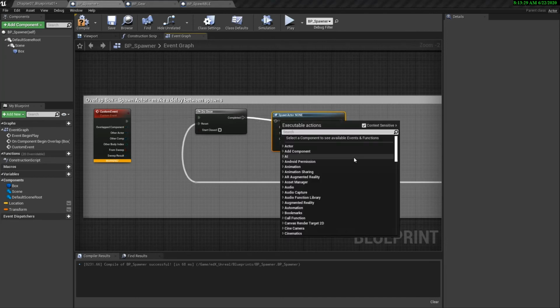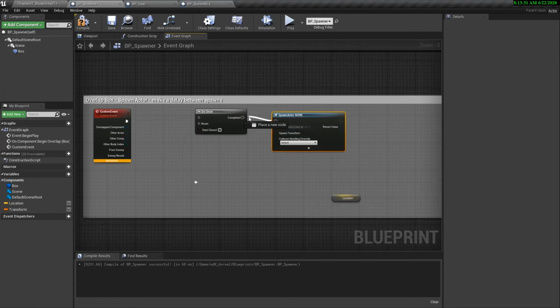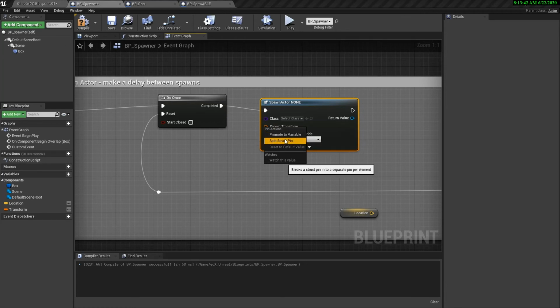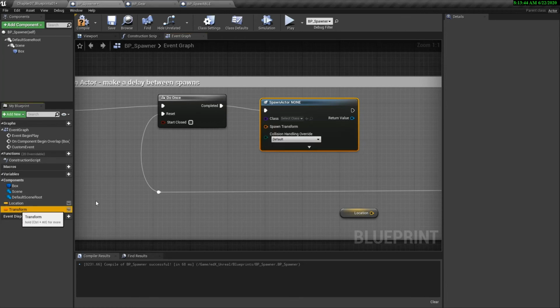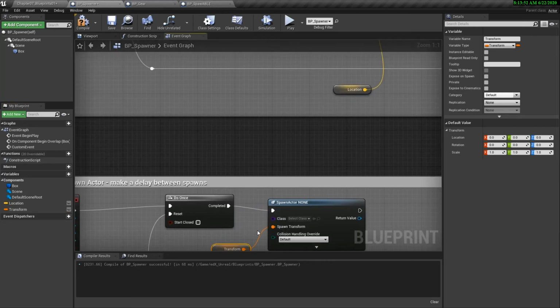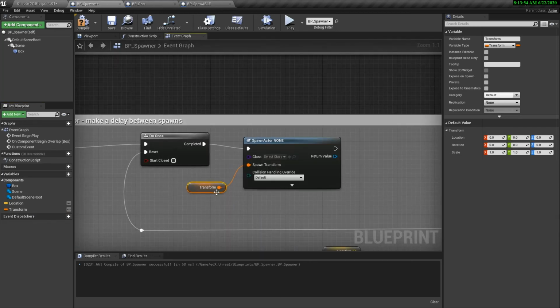And just a reminder that we have both the transform output or the location. So it's looking for a spawn transform, and just a reminder, we can promote that to a variable or we can split that if we just wanted to input the location information. But since we've already got the transform, that's great. So what class are we going to input?